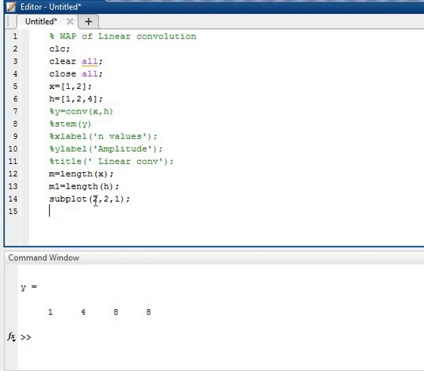Then after that I will show it in a figure.